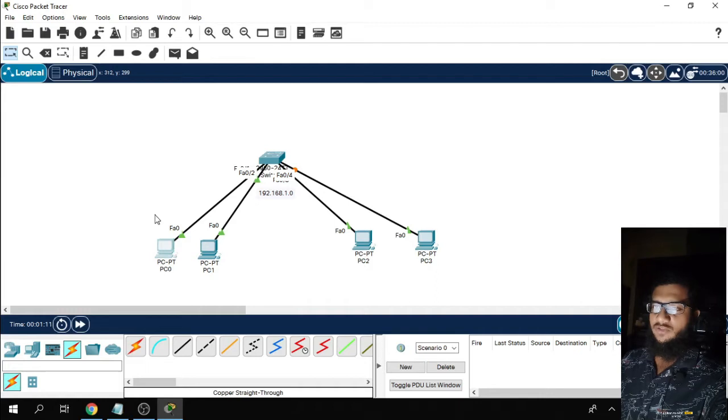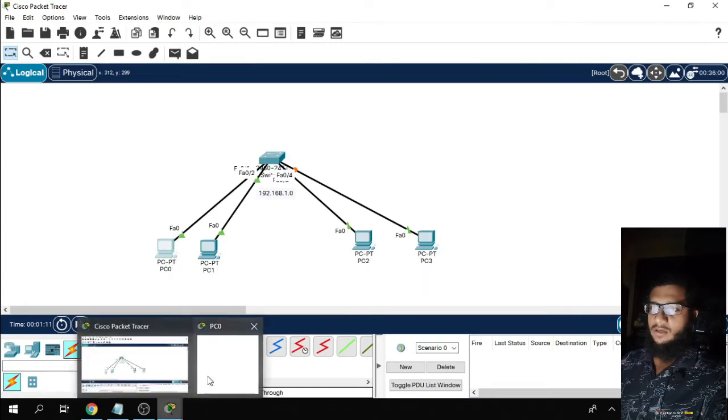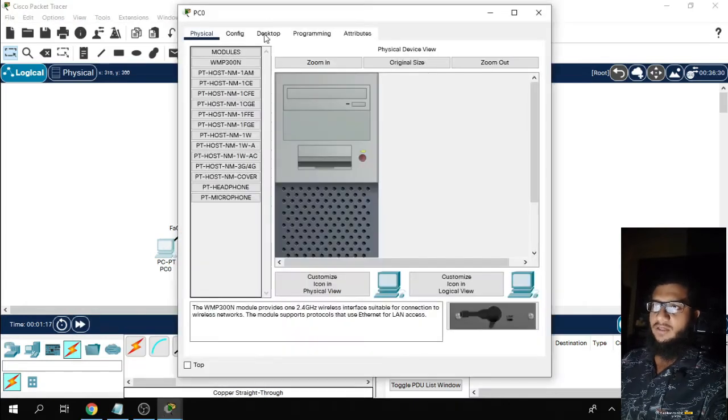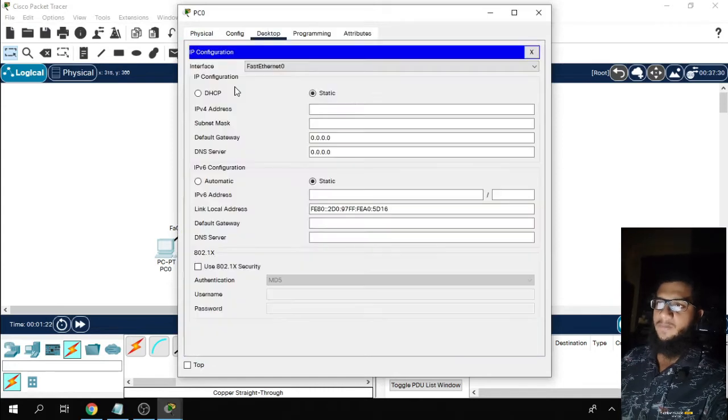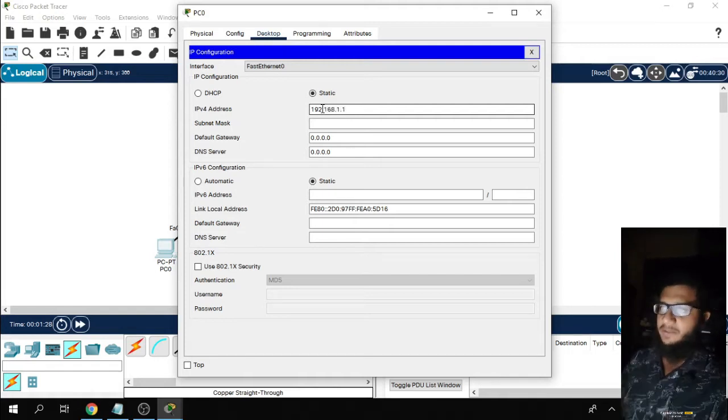Let me open each of the end devices. After the end device is open, go to Desktop, click on IP Configuration, then type the IP address. 192.168.1.1 will be the first IP address.